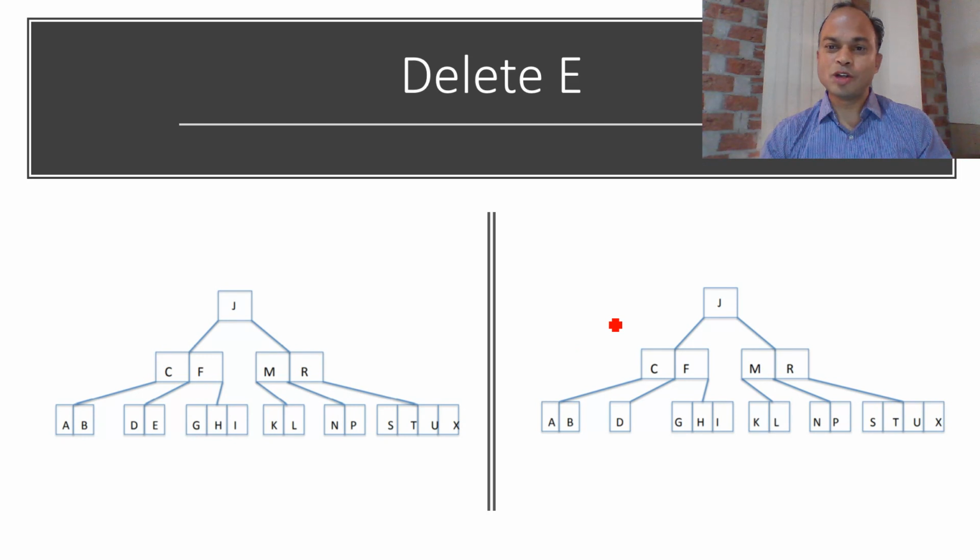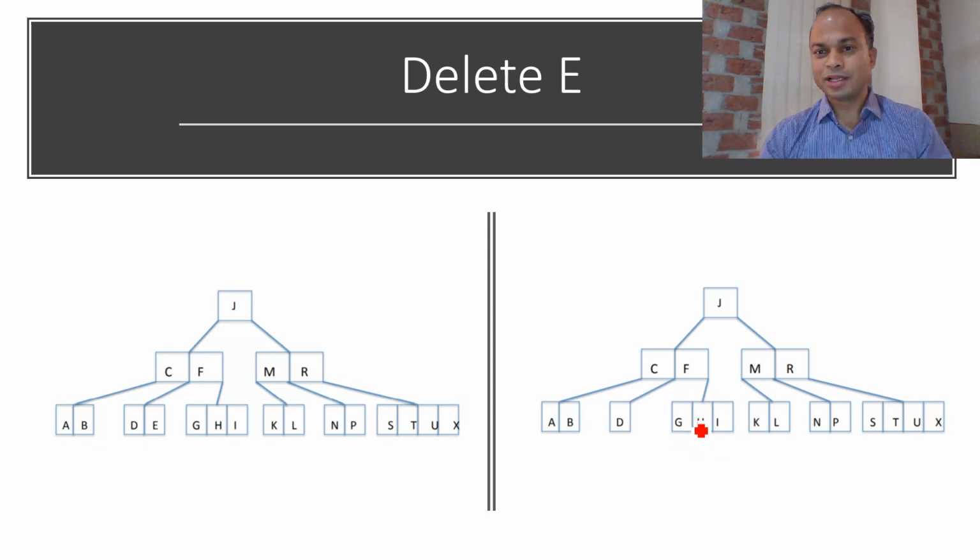Now we are discussing the delete operation, and we want to delete, say, key E. We have deleted key E here, and if we observe, this node consists of one key. Minimum number of keys should be 2. Then we may borrow either from the left neighbor or the right neighbor. The left neighbor consists of only 2 keys. Borrow is not possible because minimum number of keys should be 2, and the right node contains 3 keys.